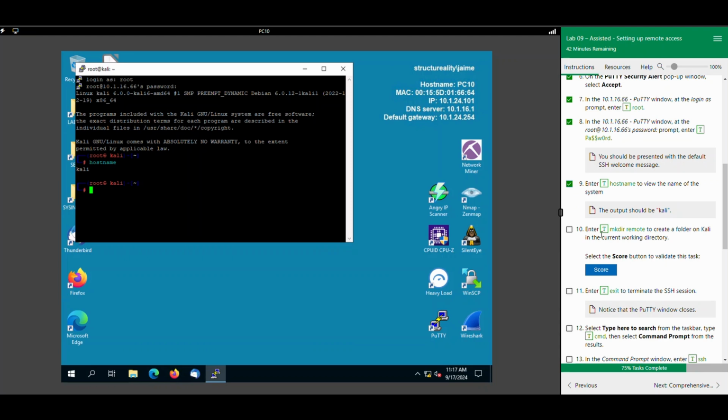So now we're going to enter make the remote to create a working directory on the Kali Linux server, or make a remote directory. So we're going to make a folder on the Kali Linux server. That's what I'm trying to say. Sorry. So once we hit enter,